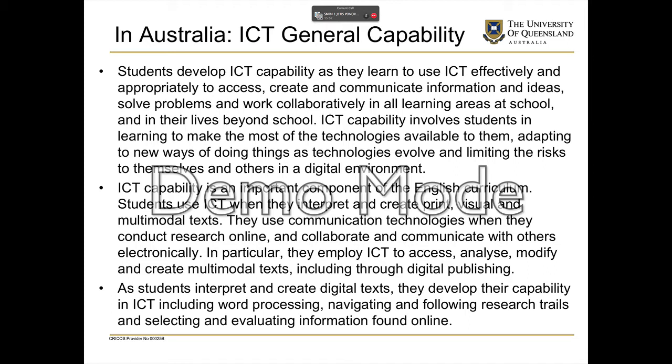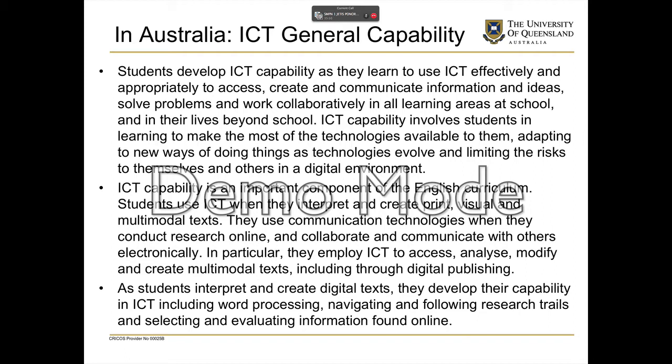ICT capability, you now should have a slide up with the 5 interrelated elements. And I'm sharing this just as one country's experience with ICT, because obviously if you talk to someone from the States and from other countries, theirs would be slightly different. But I think that we can really learn from each other's, because it's not like the curriculum where governments want us to teach certain things. ICT is about enhancing the curriculum, whether it's the Australian curriculum or the Indonesian curriculum.